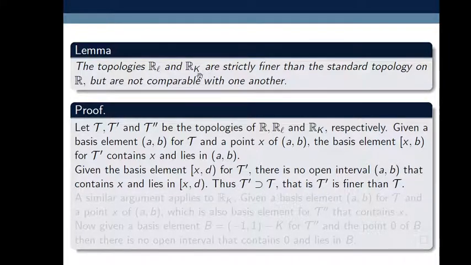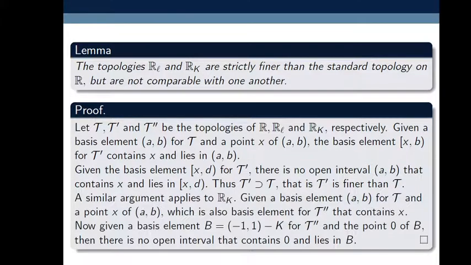So next our claim is to prove RK, that is the K topology, is finer than the standard topology. A similar argument applies to the K topology RK. Given a basis element open interval (a, b) for tau and a point x of (a, b).